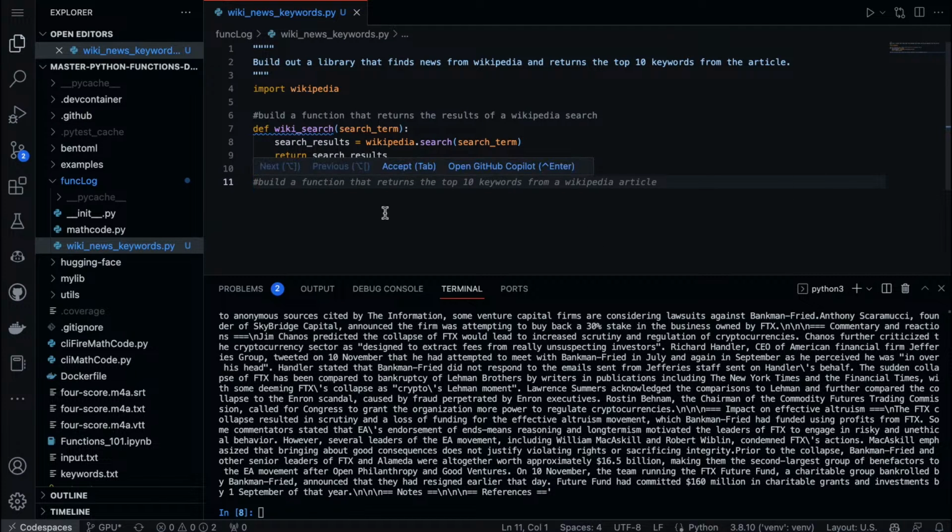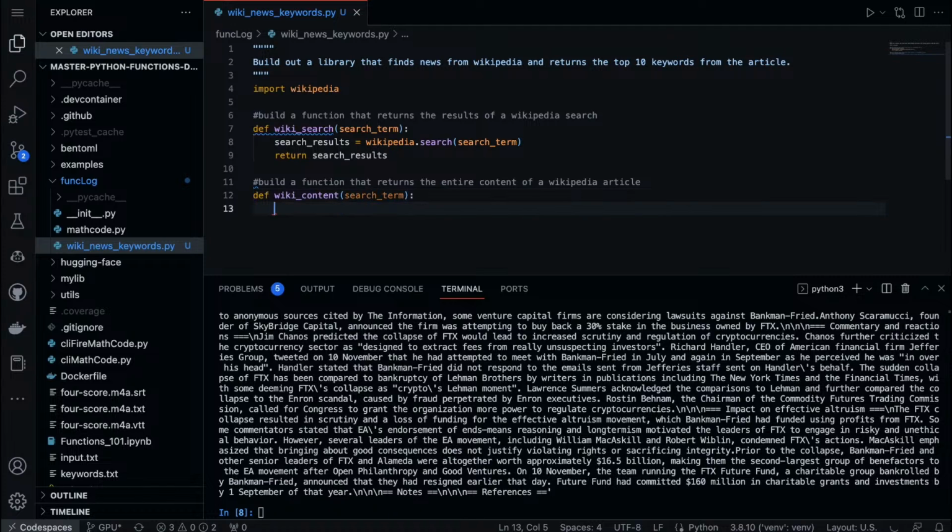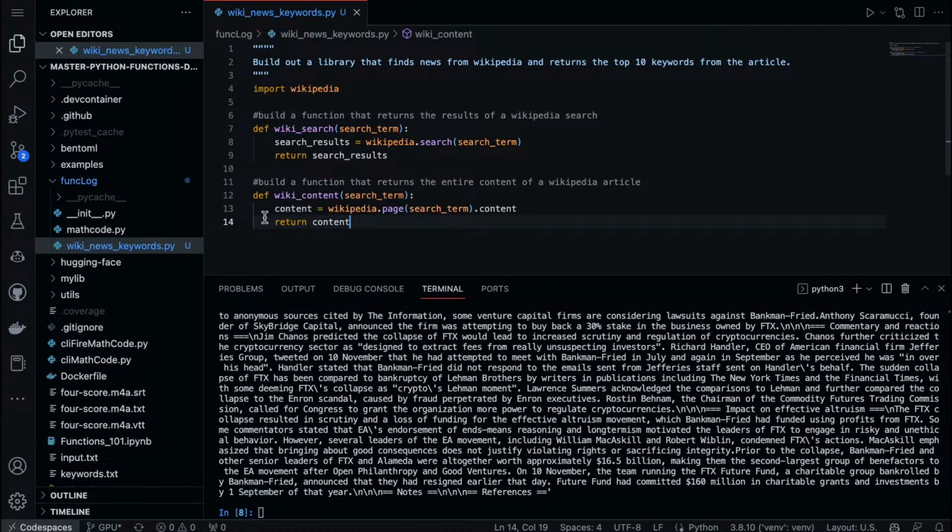But for the sake of building a function, let's do that, and then we can build a function that returns the entire content of a Wikipedia article. And so in this case, search term.